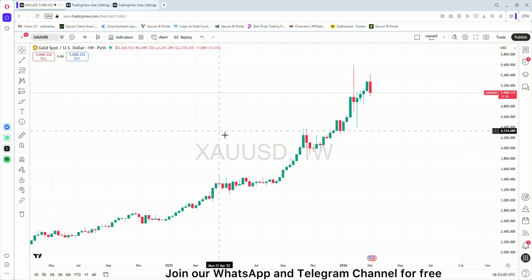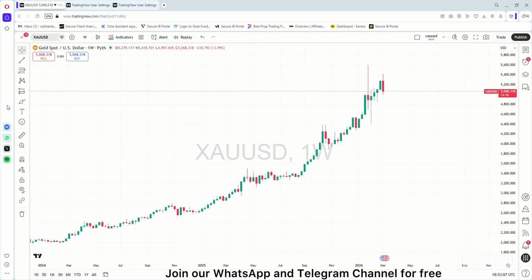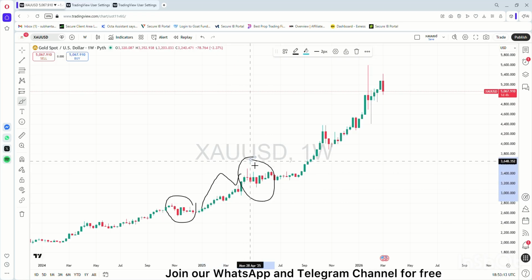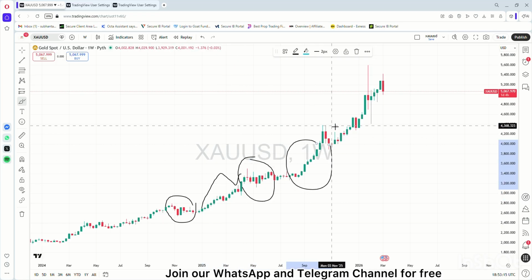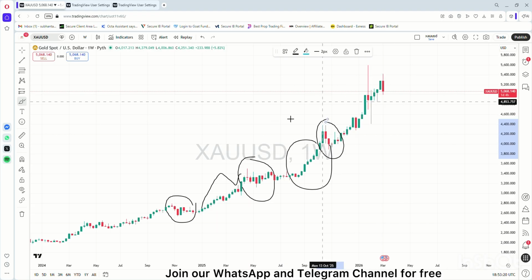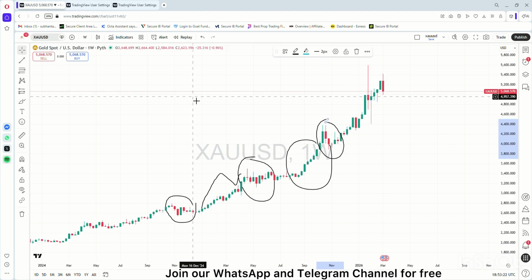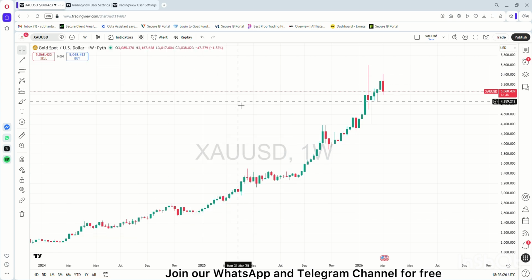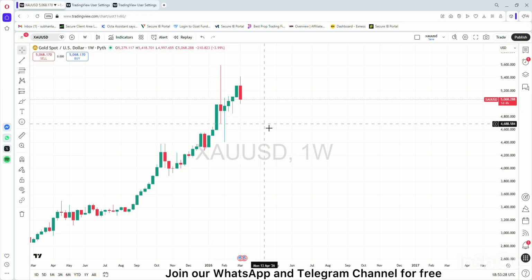Yeah, we can see a little red candles, but after almost 14 to 15 weekly green candles, we have seen this red candle. So the pattern continues. Let's try to study the gold according to 1 day chart. As you can see, the weekly chart has not been very clear to study, but according to this